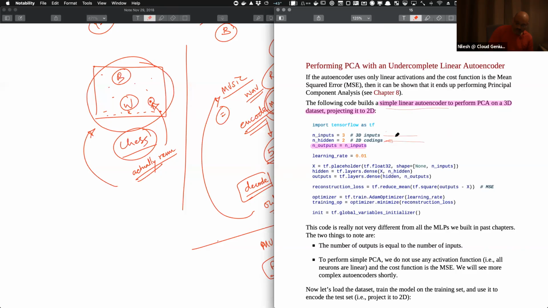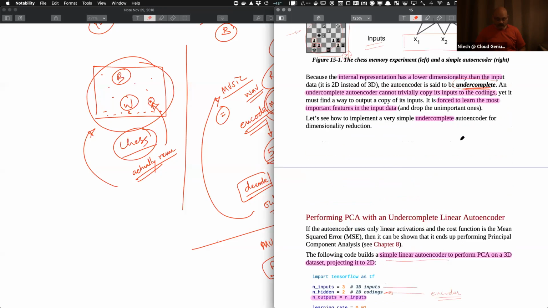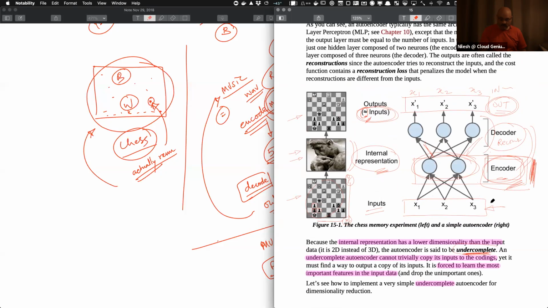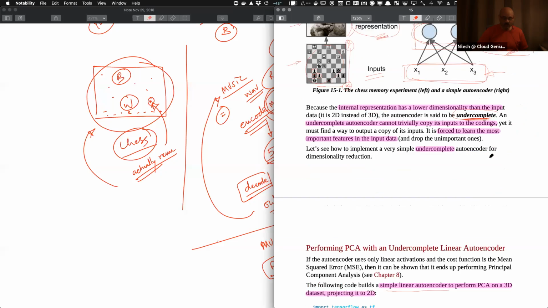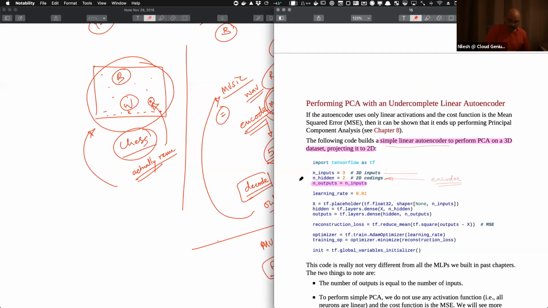These codings are the output of an encoder. An encoder essentially is an interim layer. So you give it 3-dimensional input data, and you force the output at the end product to match the input. And in the interim step, you will find that this encoder gives you codings, which are essentially 2-dimensional representations. So that's a hidden layer,